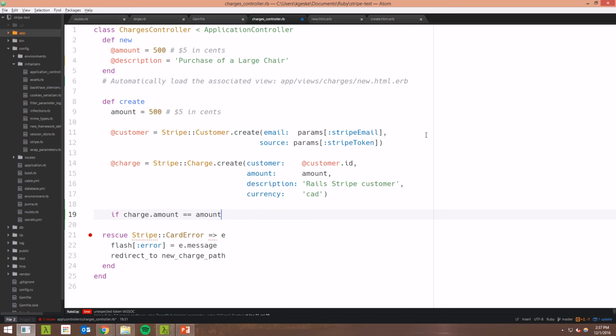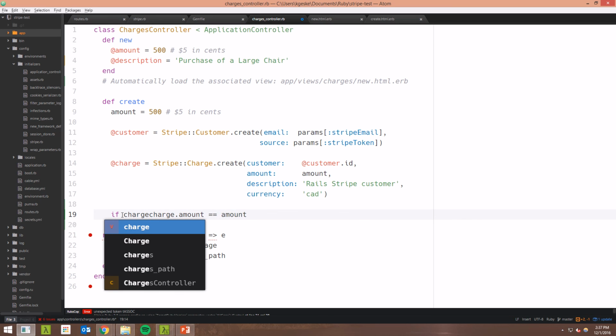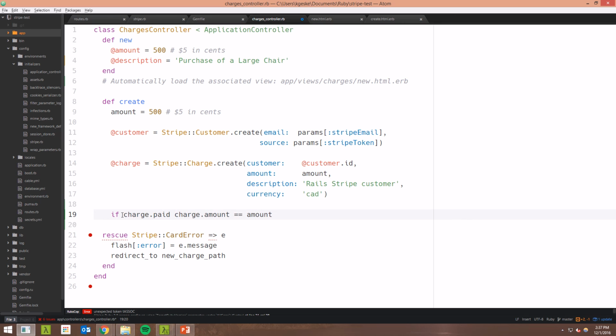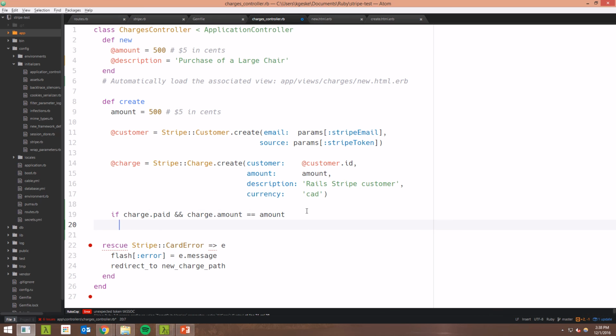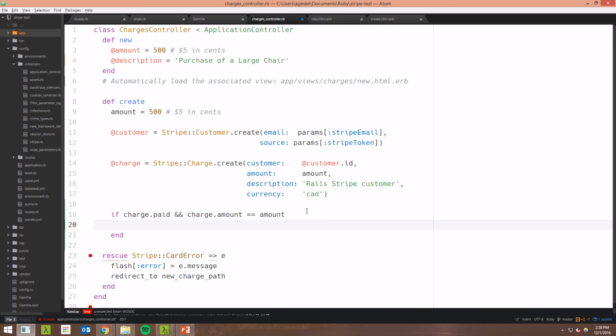Maybe I'll do it the other way around. If charge paid and the amount was the same as the one we asked for, then you could go ahead and create an order,